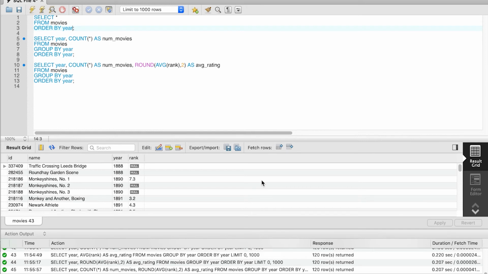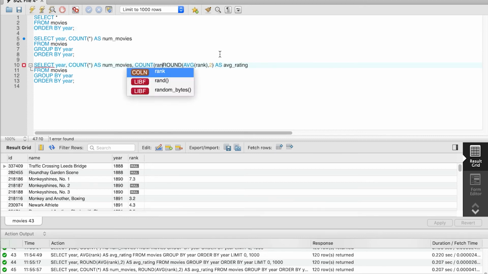The count attribute counts for each group how many lines in this group have a non-null value for that attribute. Therefore, we want to count the movies that have a non-null value for rank. So we go and we add count rank as rated movies.